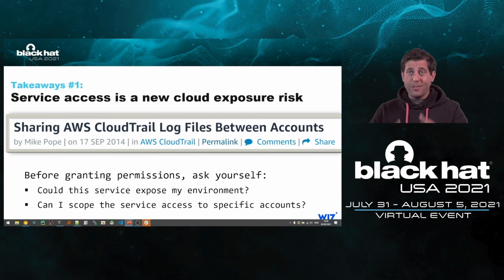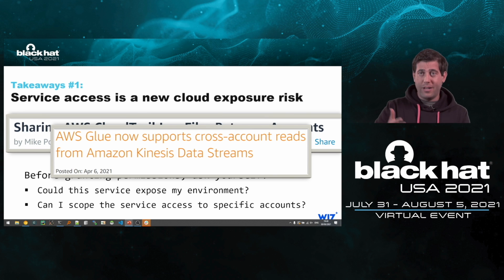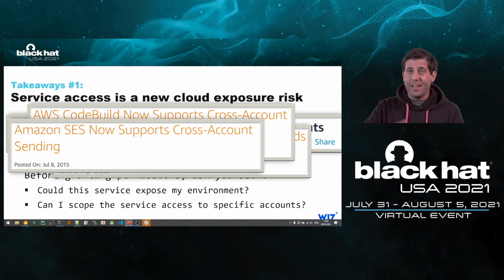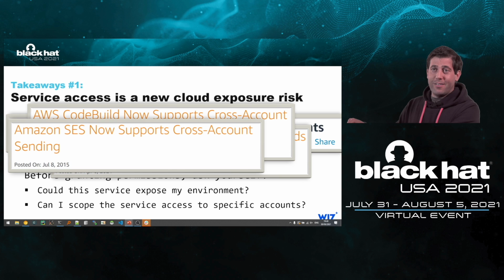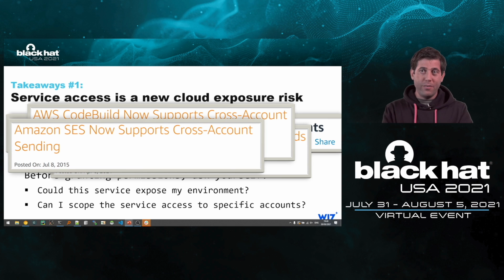Every few weeks, a new cross-account service gets new permissions. Like you see different blogs by AWS about Cloudtrail, about Glue, AWS Glue getting cross-account access to Kinesis, or CodeBuild getting cross-account capabilities, or SES getting cross-account capabilities. Any of these services, a day before this was announced, the same resource policy was not vulnerable. Once it becomes cross-account, it becomes vulnerable. How can I track all of that? So there's infrastructure as code, there's new services, there's different conditions. It's impossible to track that. How am I able to expect the users, the security teams, to track all of those notifications?